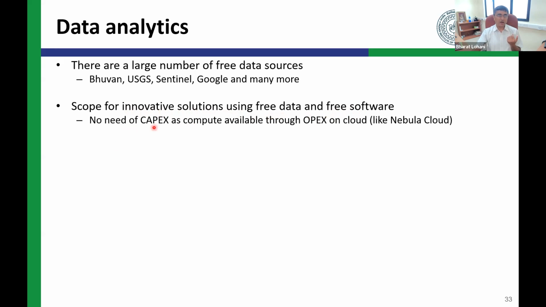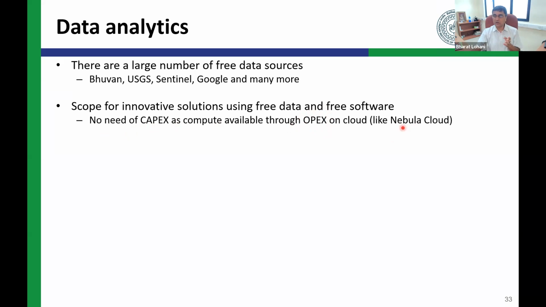The new thing that is coming now, because once we are going to the cloud technology, a startup need not invest in the CAPEX. They need not invest in buying high capacity processing machines or some very expensive software. Rather, these are also available on a pay-as-you-use basis. For example, you can now acquire the compute power and also the software in an OPEX model, not in the CAPEX model.